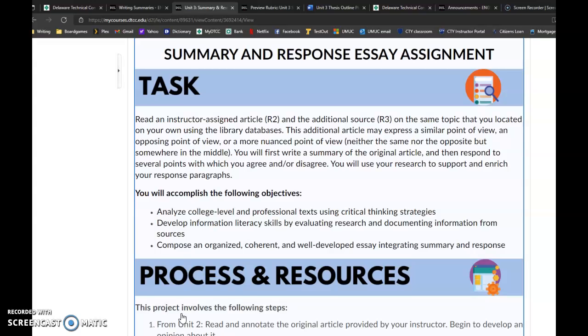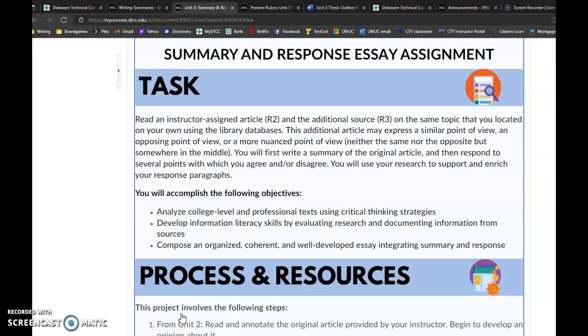One of the first things you do in summary response writing is you include a summary of the text. You include that because you want to give the reader an idea of what the text is about, some of the main ideas, and give them a context. So you include up front in the beginning of your paper, after your introduction, a summary of the text that you'll be talking about. In this case, you're going to be summarizing and responding to the article that you chose from that folder of options.